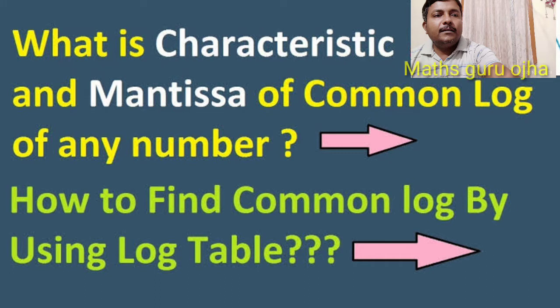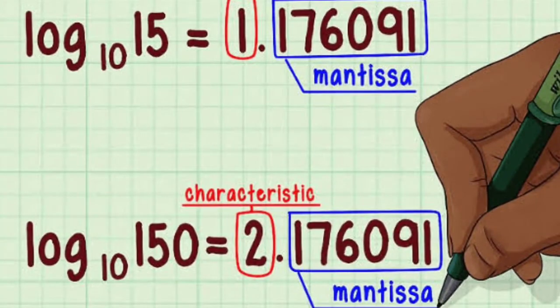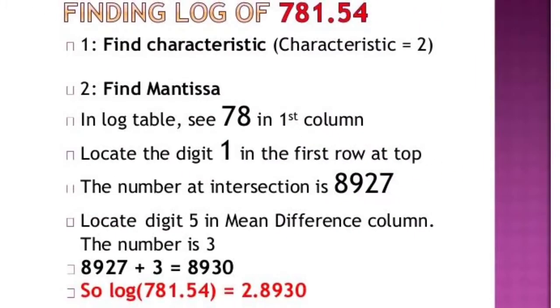Let's see. In the picture which will come now, if we find a particular value of log, say log 15, before the decimal there is 1, and after the decimal suppose 176091 is there. Before the decimal is called the characteristics, and after the decimal is called the mantissa. That means when we find the log by using a table, we get a number. That number before the decimal is called characteristics, and the numbers after the decimal are the mantissa. And we have to remember always that before the decimal there will be one digit.